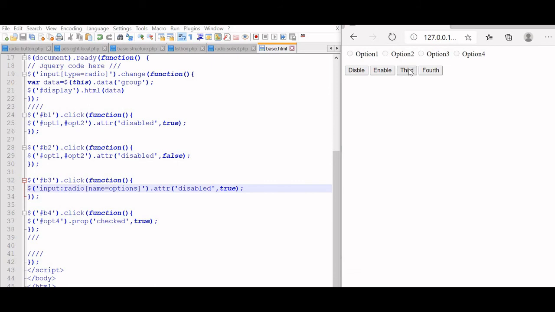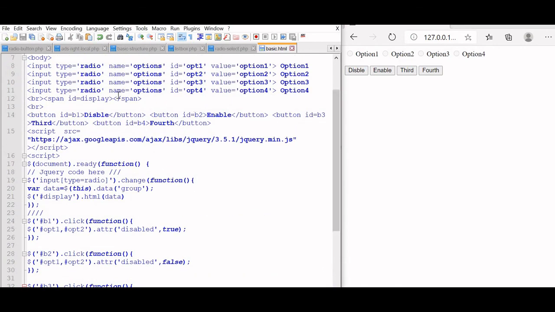Okay, all are disabled. Now this is button 3, that label also will change now. The text part is here, button 3 here. Now disable all, and this button 4 will keep it for enable all.